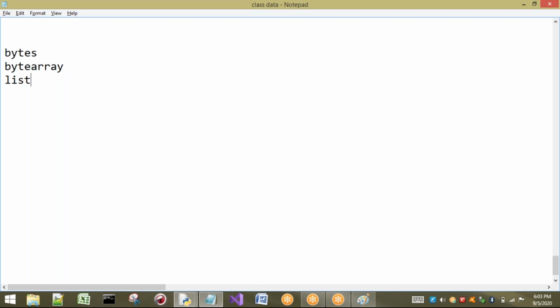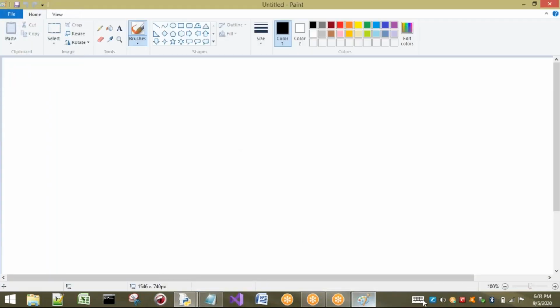Okay. So first let us see what is meant by a bytes data type. In the name it says a group of bytes. So let us first discuss what is meant by a byte. If you are going to store some data in our memory internally, it will be stored in the form of bits. The basic thing is bits. Bits are nothing but 0 and 1. If you group these bits as 8 bits, that is equal to 1 byte.